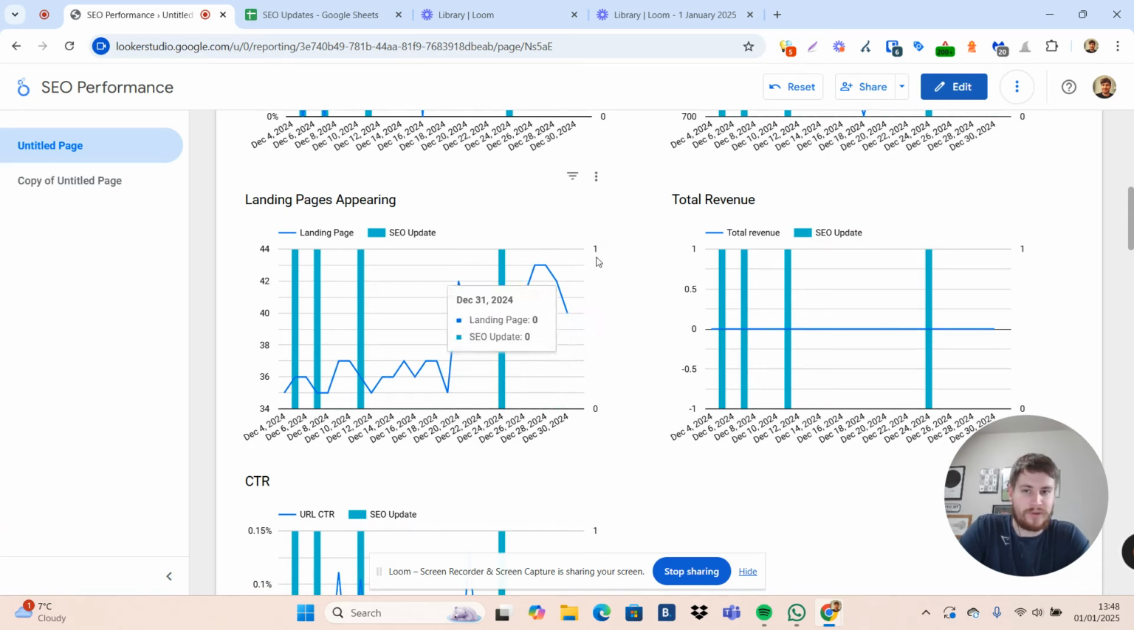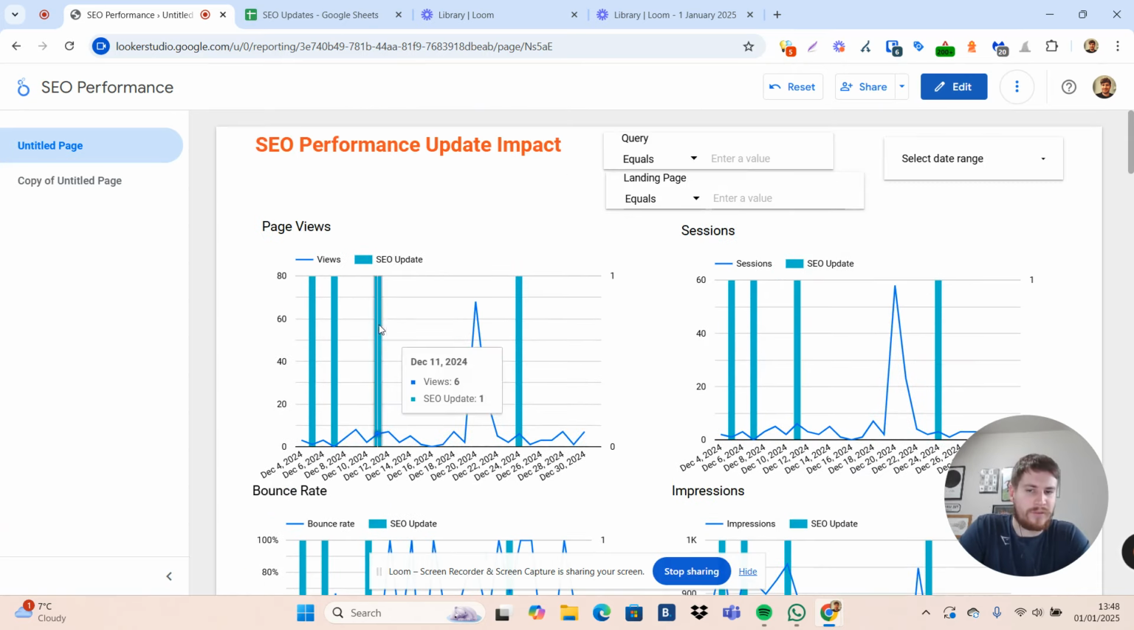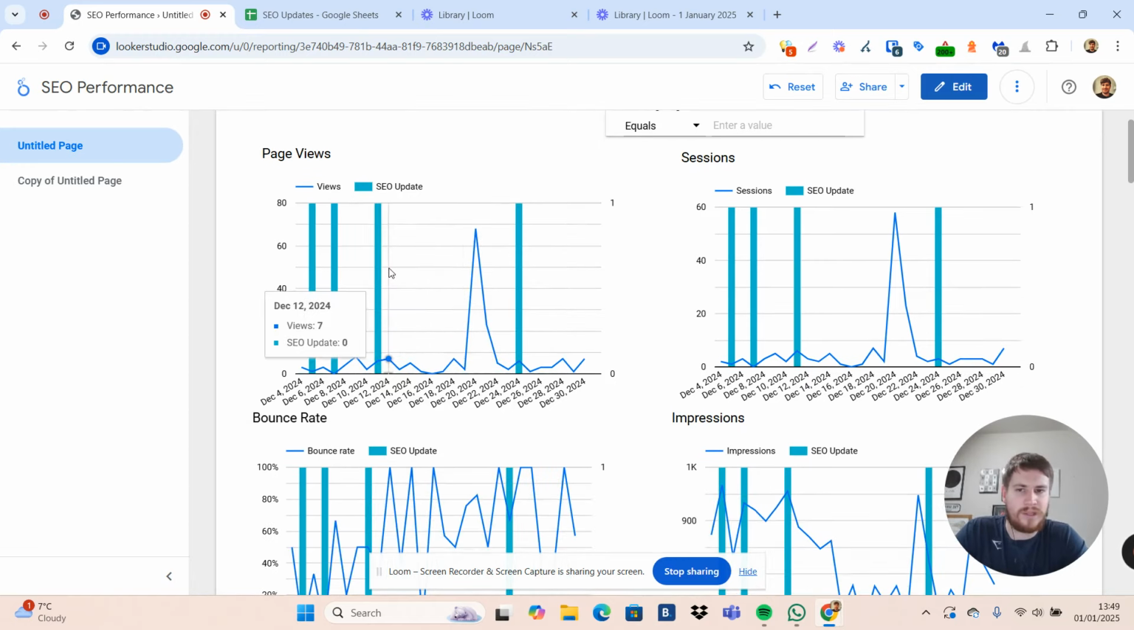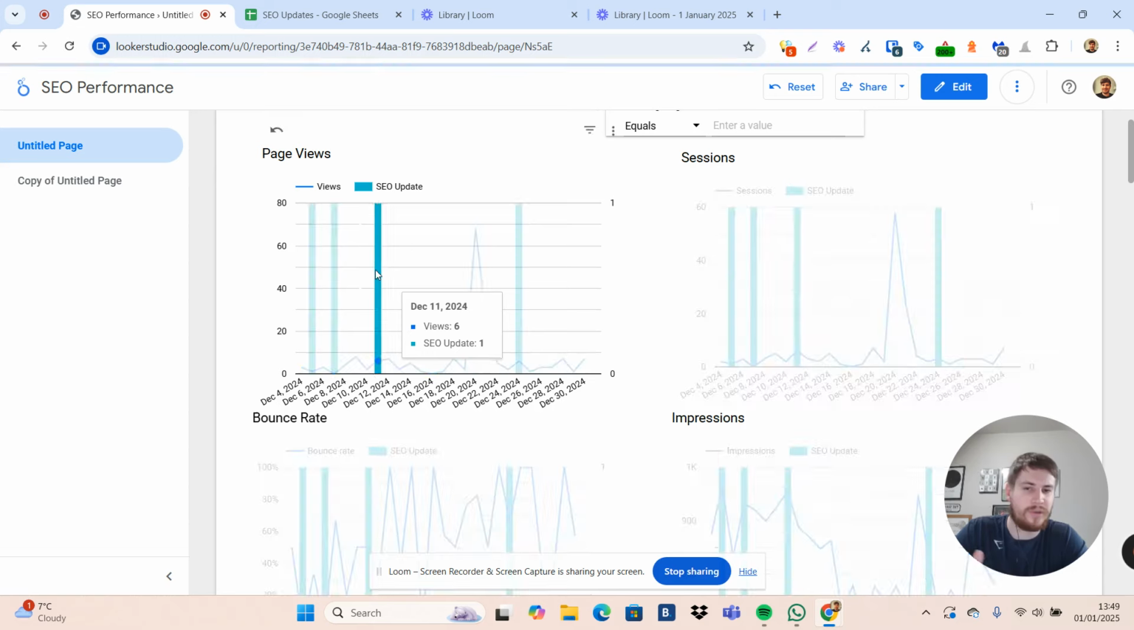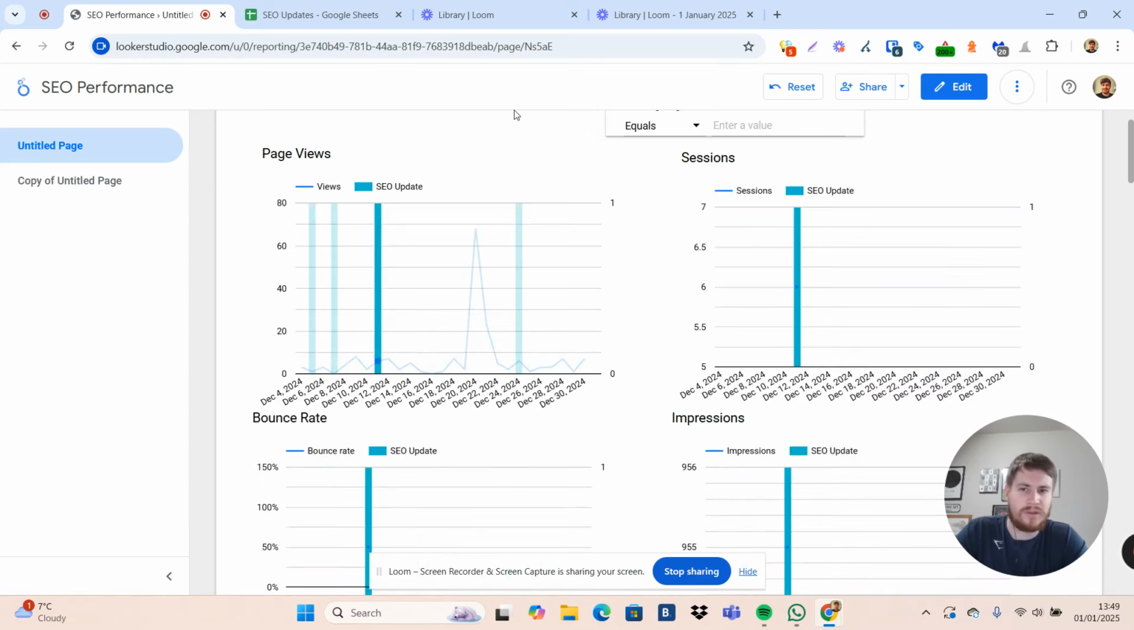How many landing pages are appearing in Google? And what we can do, if we see quite a big impact, negatively or positively, then we could click on the change. So I'm like, all right, I want to see why that update's happened, like, which update that actually was. So if we click on the line,